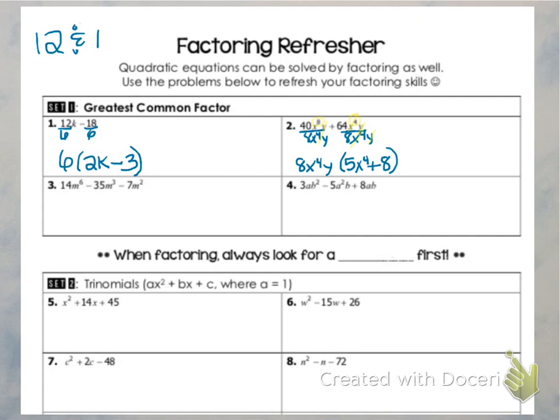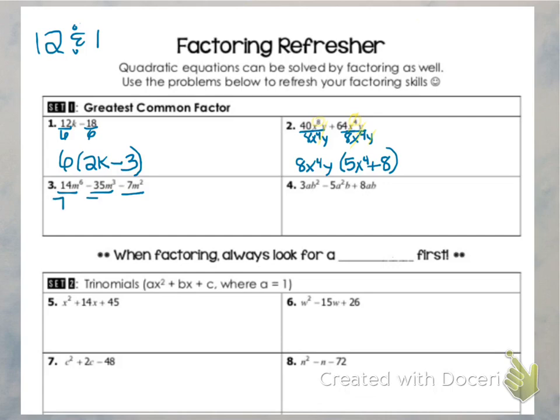So taking a look at number 3, I see that the coefficients are 14, negative 35, and negative 7. And by the way, let's say that the first coefficient had been negative 14 instead of 14. What I'm always trying to make is my leading term, whatever the very first term that's listed, positive. So if you have a negative term that's leading off, always try to take a negative out as well. But in this case, the leading term is positive,